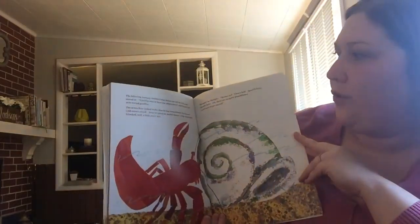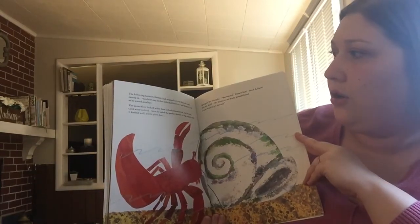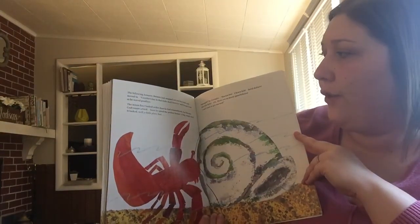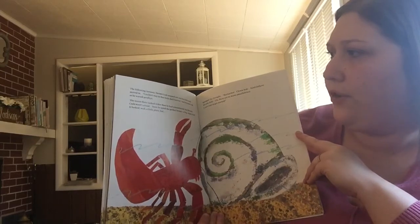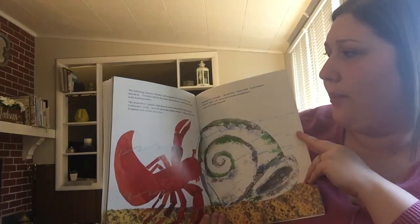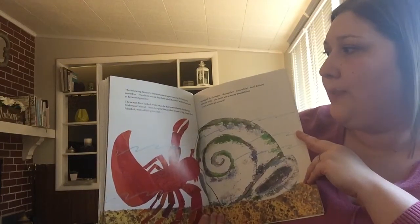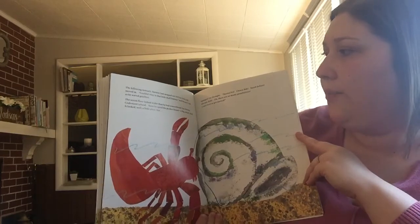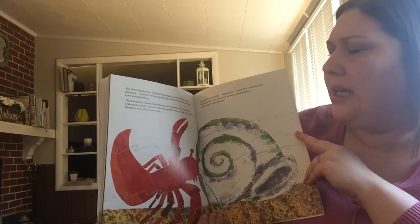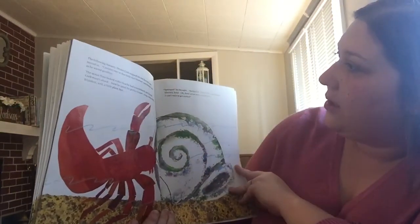The following January, Hermit Crab stepped out and the little crab moved in. "Couldn't stay in that little shell forever," said Hermit Crab as he waved goodbye. The ocean floor looked wider than he had remembered, but Hermit Crab wasn't afraid. Soon he spied the perfect house, a big empty shell. It looked, well, a little plain, but...